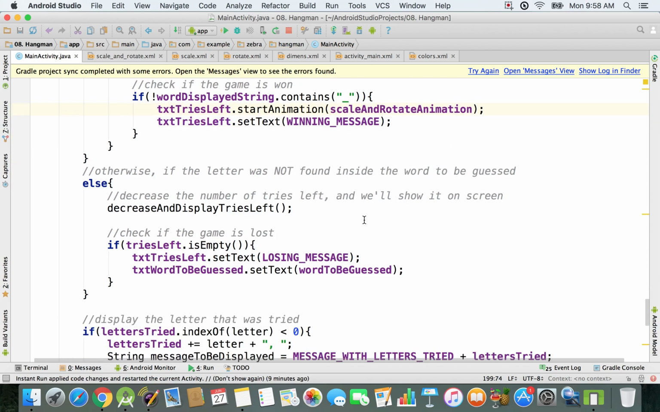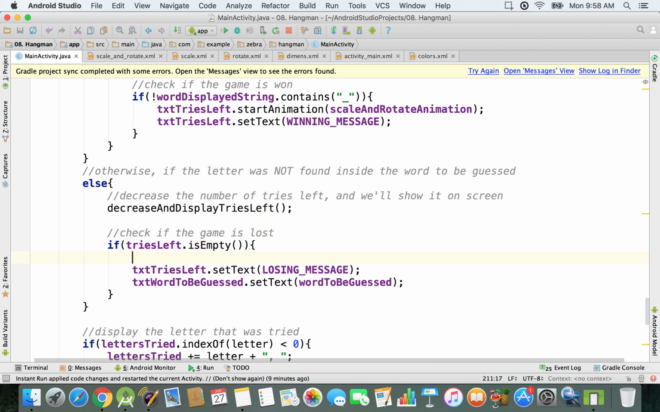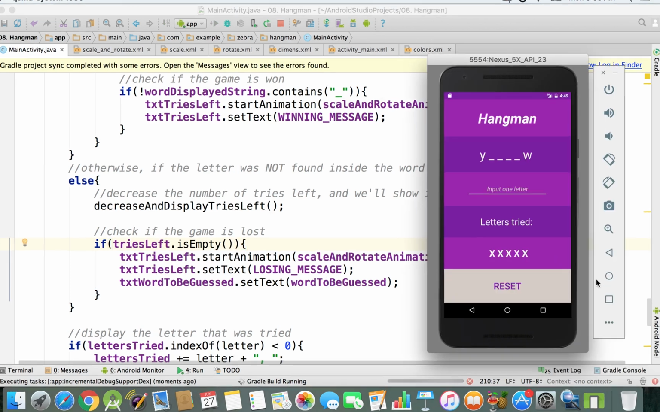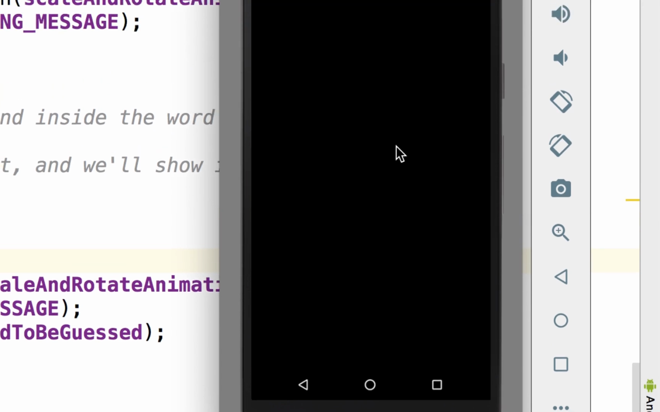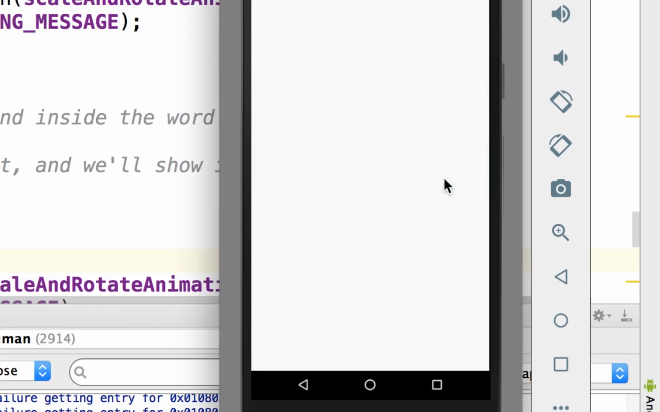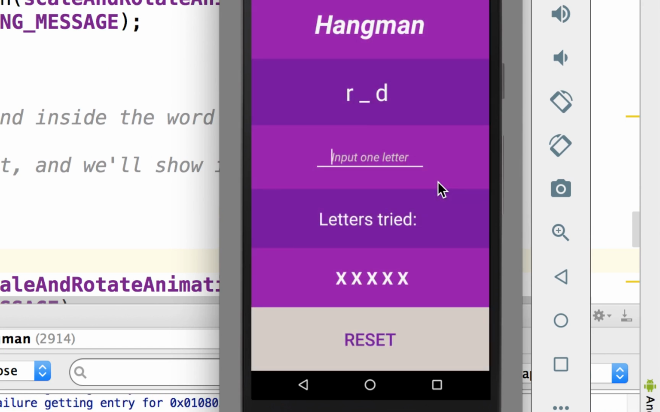And also what I need to do is to make sure that I have it here where I check if the game is lost. So I'm gonna say txtTriesLeft.startAnimation, and then I'm just gonna paste my animation. Now if I just run the emulator, we can see what is displayed on the screen, and we might or might not do some adjustments later on. And we're gonna wait first of all until the emulator loads, and we can see as I type in E we have this word correct, and basically the problem is that it is displayed, as you can see right here, just under my letter